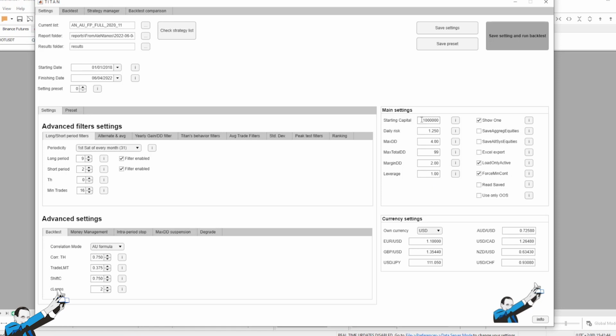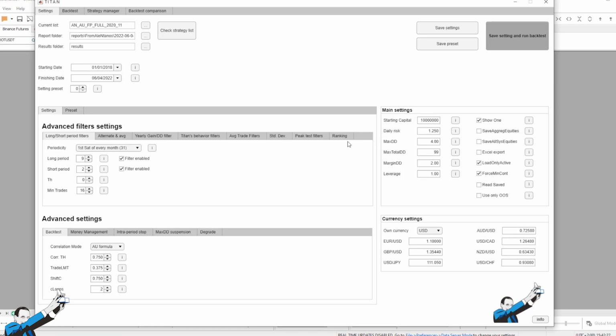Now, once the best equities have been selected, a check is then made on the available capital, which is what you see here as starting capital. And this step is done simultaneously with a check on the correlation of the various systems. But let's just go in order. What I often recommend is to go step by step. So in this case, we'll start with unlimited capital. And here we'll use $10 million for simplicity's sake.